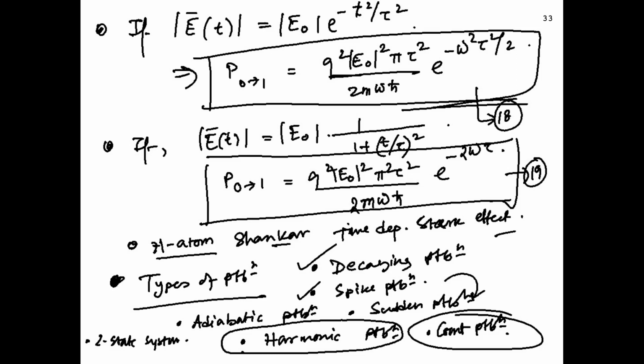Now there are two more cases which we'll do in detail. One is adiabatic perturbation and another is sudden perturbation. They are basically two extreme cases. Adiabatic perturbation is when you turn on the perturbation so slowly that the system almost follows the perturbation and gets a lot of time to adjust to it. We have seen examples of this in thermodynamics, when you change the system in time but slowly, so that at each moment the system is as if static, remaining in the state of the Hamiltonian at that given instant.